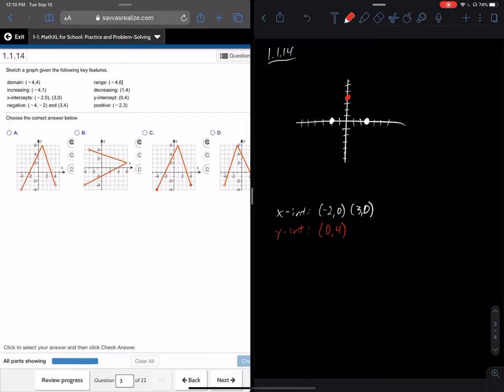What this tells me is that if I look at options A, B, C, and D, I can already eliminate option B. All right, my x-intercepts don't match up. So B is out. So these are our choices. B is out. Now my domain and range